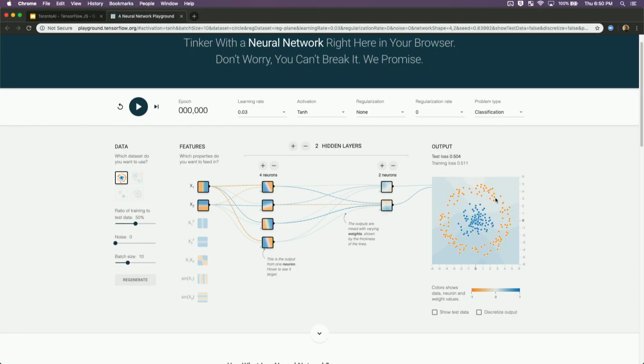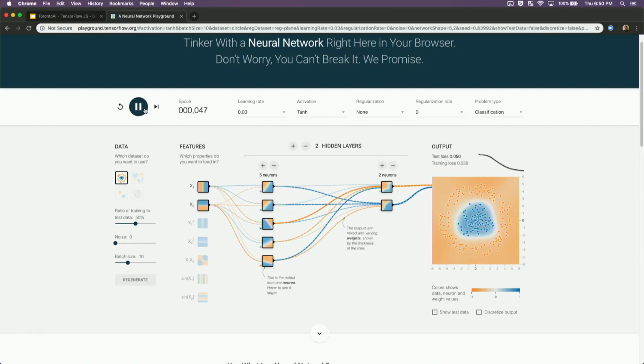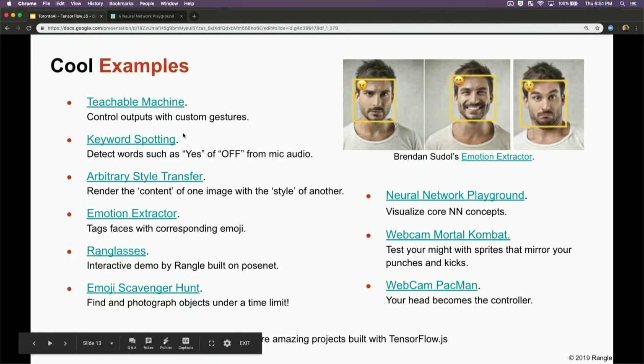You have two classes of points you're trying to separate with a decision boundary, and you can control what features the neural network has, how many neurons, etc. And then you can train it in the browser. The great thing about JavaScript and browser applications is it's fairly straightforward to make reactive and animated components like this.